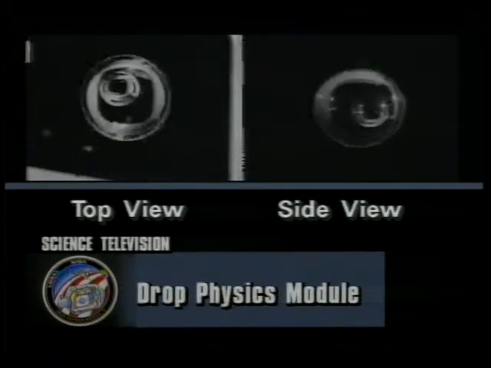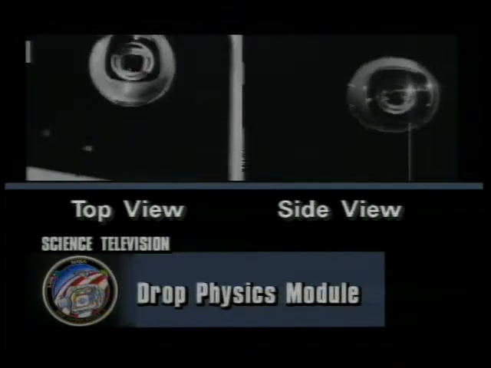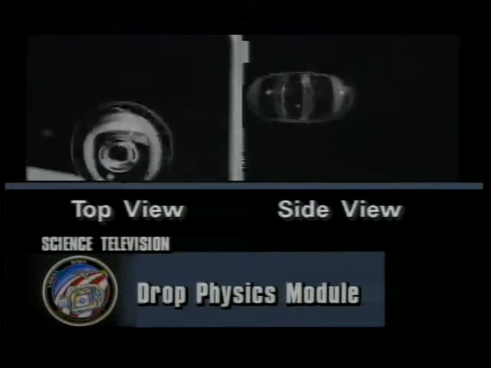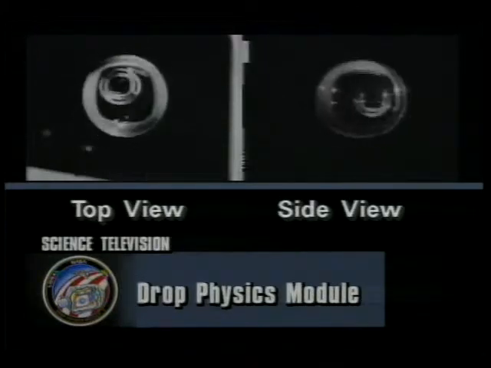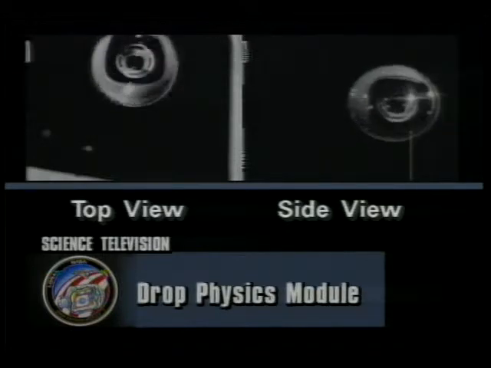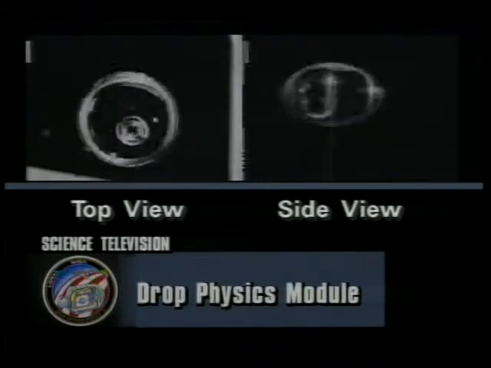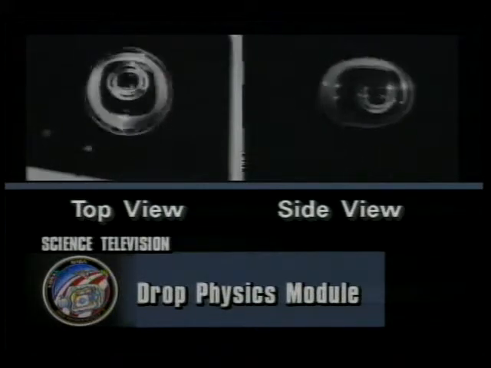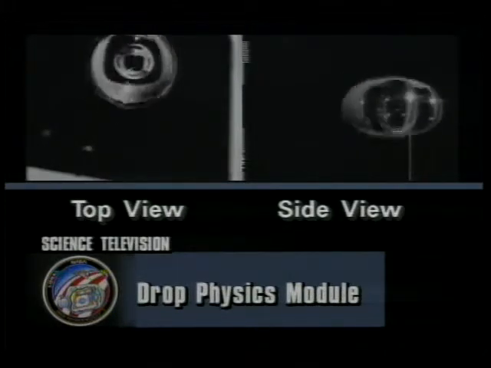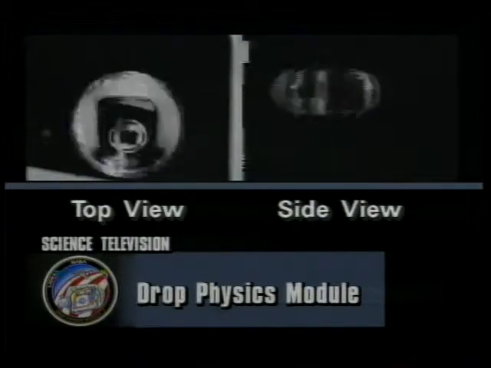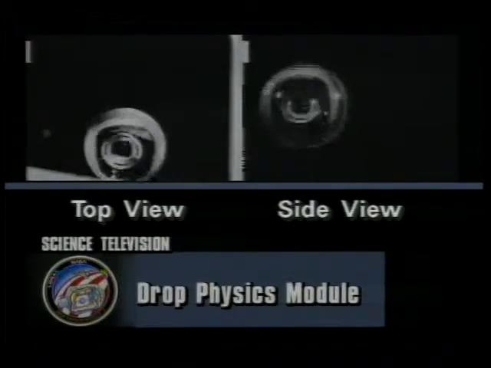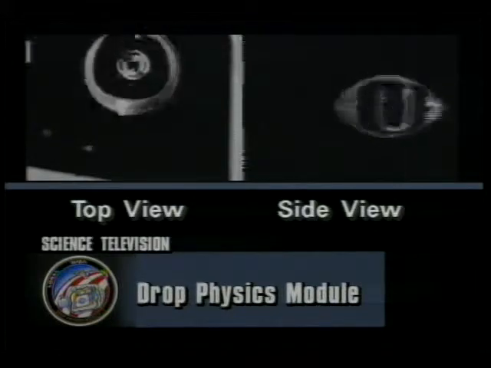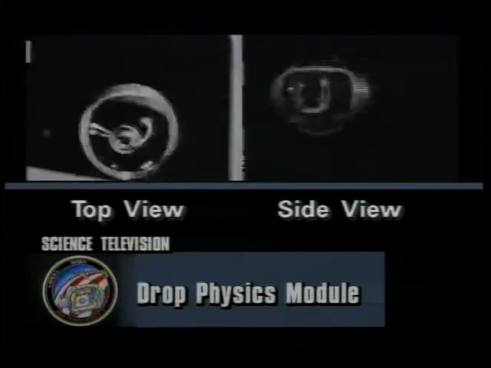The direction of the force being applied to the drop is from the top and the bottom. This causes the drop to be squeezed or compressed in the center and causes the drop to elongate in a horizontal direction. If you look at the top view of this drop on the left side of the screen, you can see that there is very little change in the dimensions of the drop looking at the top. However, from the side,